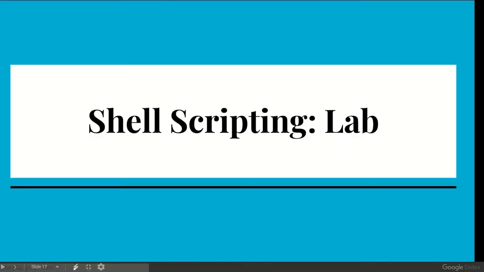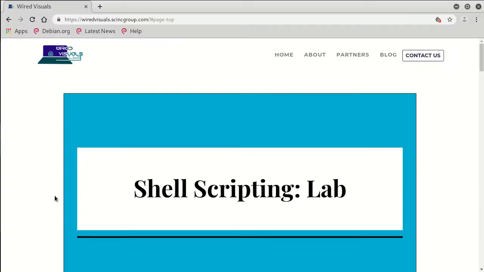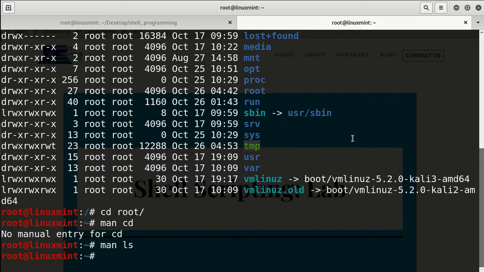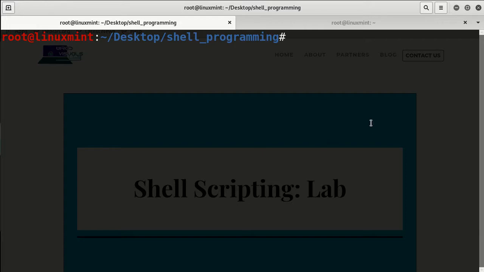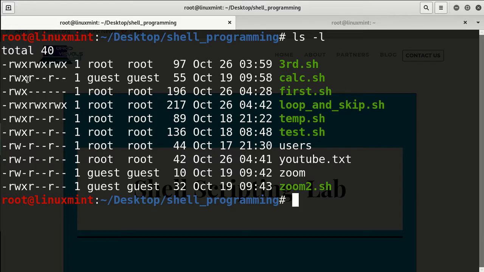And now I'm just going to cover shell scripting. So now basically we're going to check our files, and these are the permissions that are there. For example, once we see test.temporary.sh, the user can only read, but they cannot execute. So let's change the permission so that they cannot read it at all.